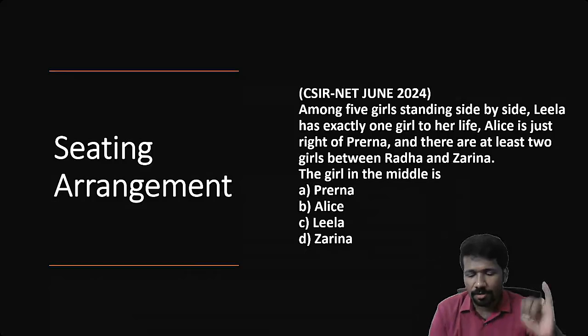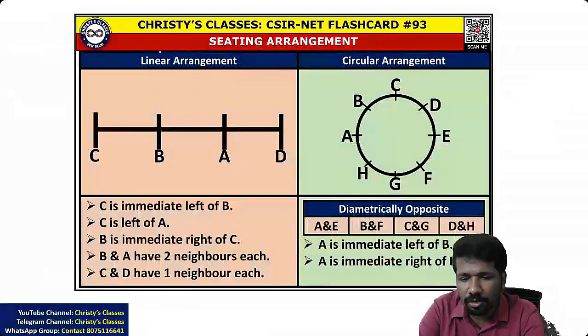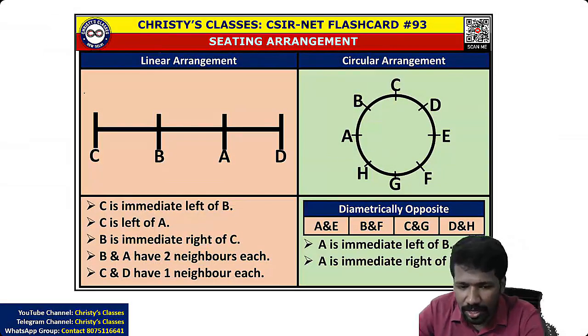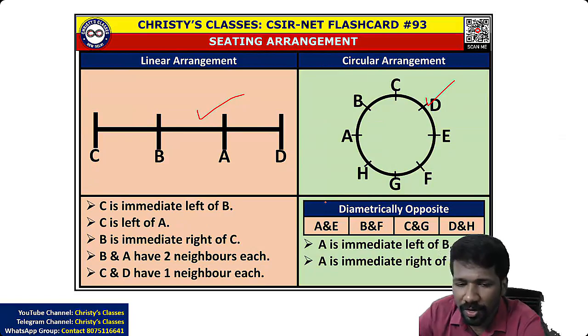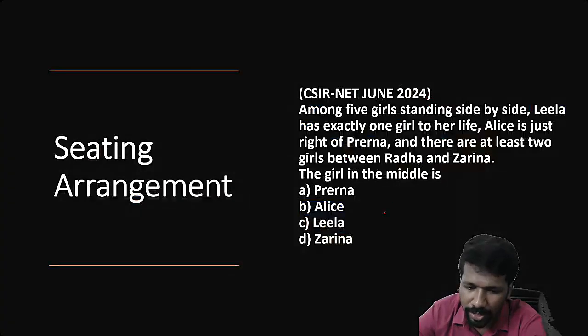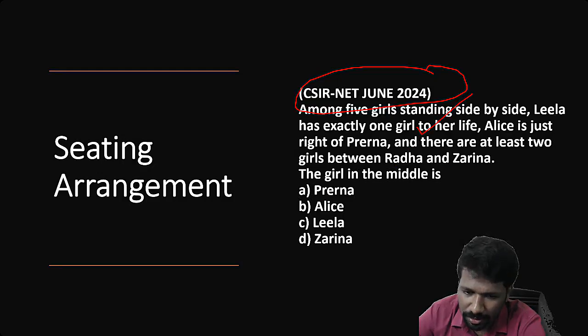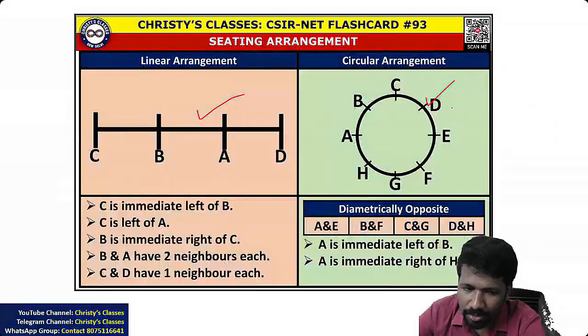इसमें 2 टाइप का क्वेश्चन है, लीनियर अरेंजमेंट और सर्कुलर अरेंजमेंट वाला क्वेश्चन. लीनियर अरेंजमेंट क्वेश्चन, सर्कुलर अरेंजमेंट क्वेश्चन, दोनों सॉल्व करने का तरीका 2 डिफरेंट तरीका है. सो आई विल टीच यू सेपरेटली हाउ टू सॉल्व लीनियर अरेंजमेंट क्वेश्चन, हाउ टू सॉल्व सर्कुलर अरेंजमेंट क्वेश्चन. दिस इज अ June 2024 question where linear arrangement question was asked. It is a comparatively simple question asked in the latest question paper. So that is seating arrangement.